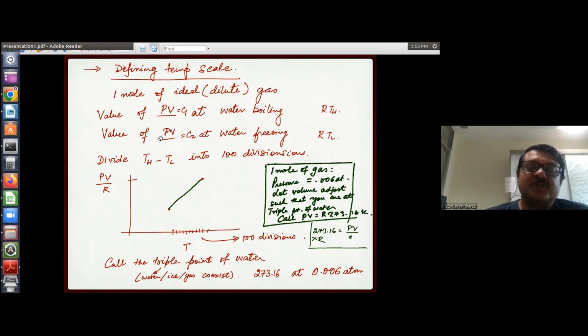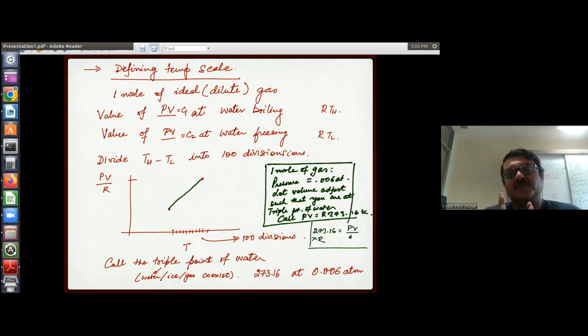Now you take the same amount of gas and look at it at water freezing. Suppose you still maintain 1 atmosphere, so the volume will adjust itself so that P into V has a certain different value, and let's call that RT_L. Now, RT_H and RT_L are defined, and you divide this into 100 divisions,